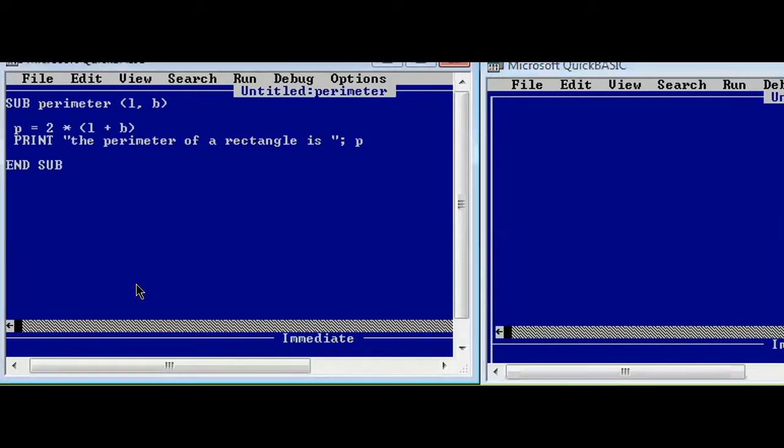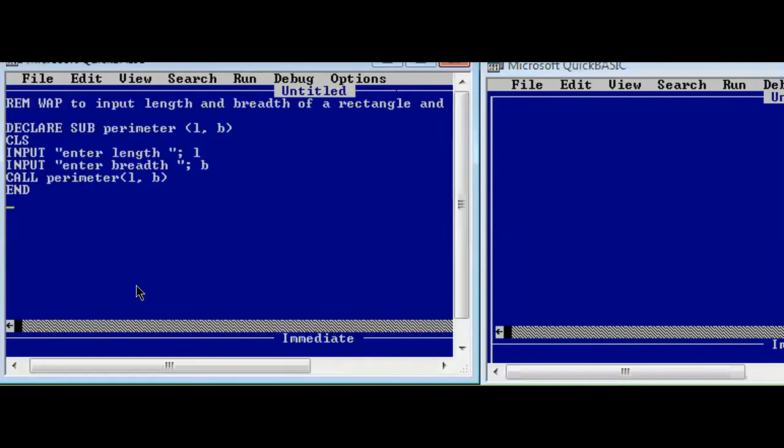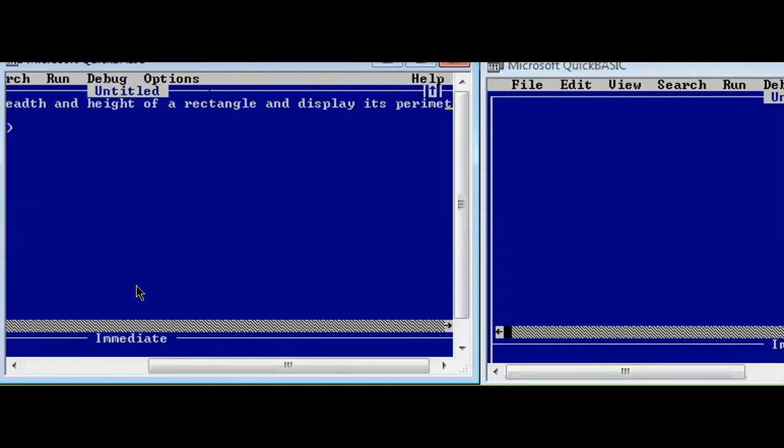Okay, now let's move towards another question, and this question is about the area of four walls. For the area of four walls, we need three things: length, breadth, and also height. Height of a wall. Okay, it's not a rectangle, but the height of a wall. I'm just writing height of a wall,